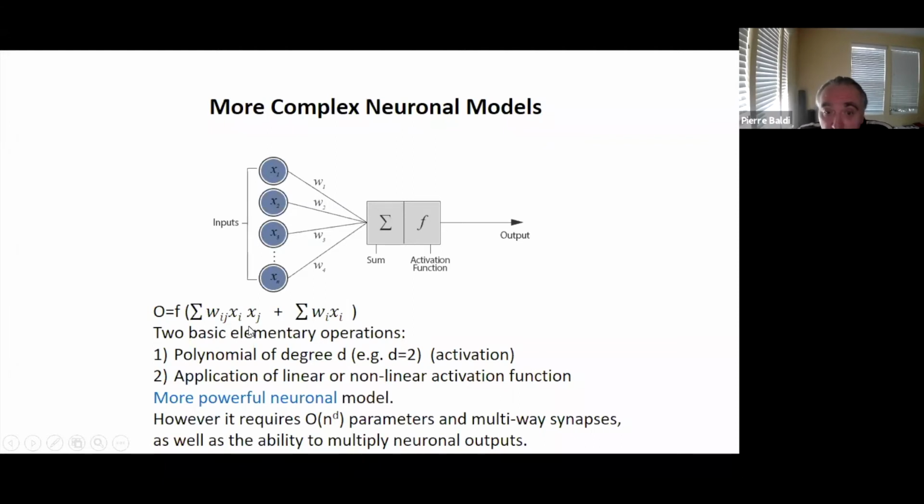So you get a more powerful neuron, but of course you pay a price. That is, you now need n squared parameters because you have n squared synaptic weights of the form Wij. And so everything is about this trade-off of complexity, the cost in terms of parameters and what you gain in terms of expressive power. And you see here that the trade-off is expensive. The number of parameters is n squared. And attention is a way of doing a little bit of that without paying the n squared price.